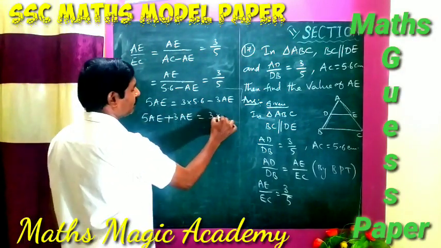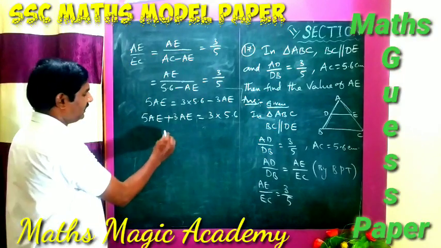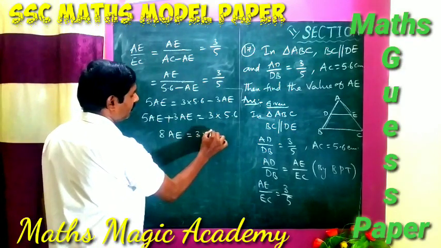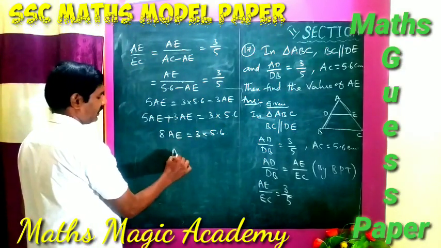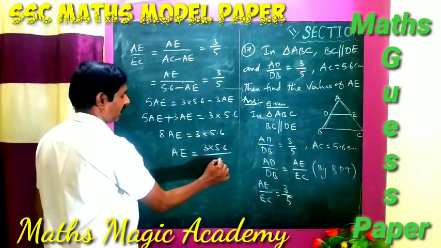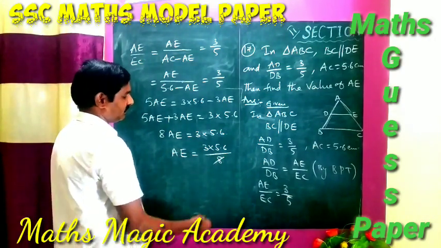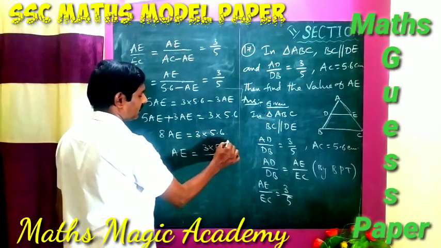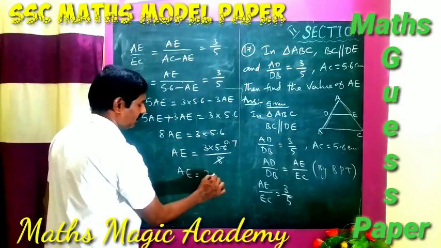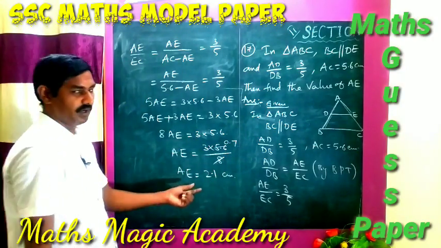So 5 AE plus 3 AE is 8 AE, equals 3 into 5.6. Now AE equals 3 into 5.6 by 8. In the 8 table, 8 sevens are 56, so with the decimal point it is 0.7. And AE equals 3 sevens are 21, with one digit after the decimal, that is 2.1